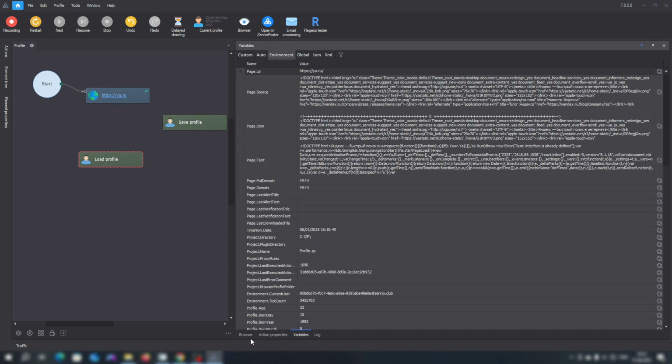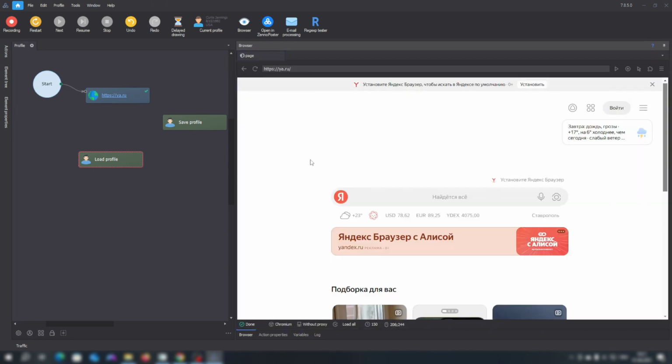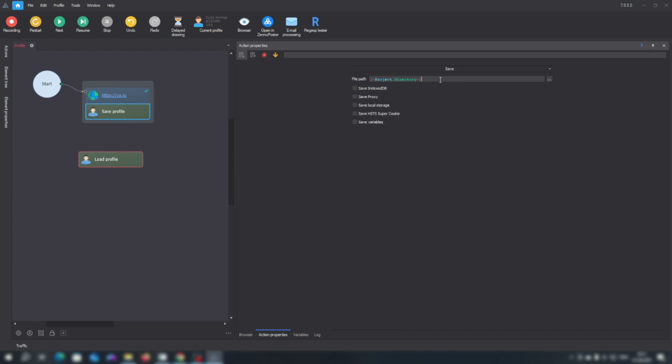Loading is needed so that if in this profile we register on the same Yandex site, then in the future, if we don't want to register or log in again, and to avoid being flagged by the anti-fraud system, we can load this profile, and we load the same cookies, the same profile values, the same browser fingerprint, and the site will recognize us as its own. In other words, it will think that we've already registered on this device, even though we just loaded the profile.